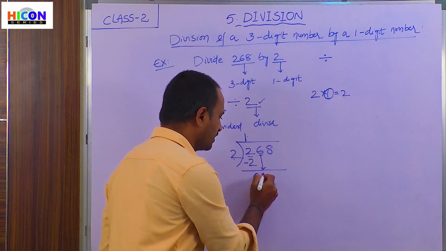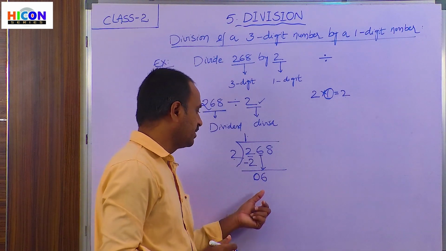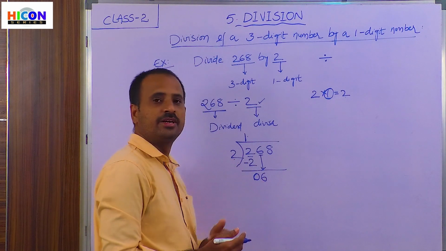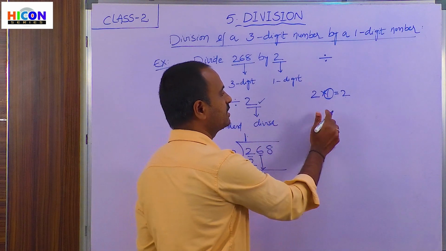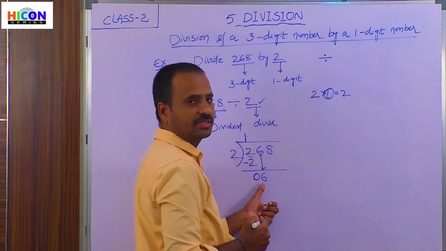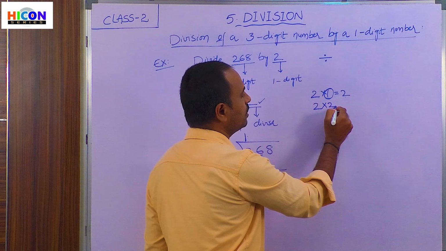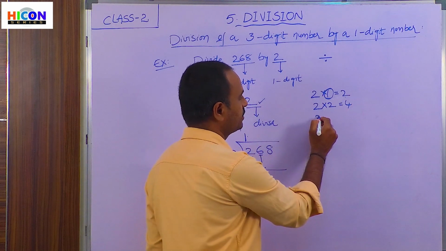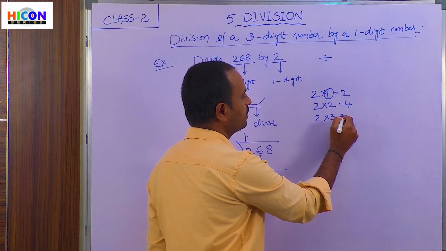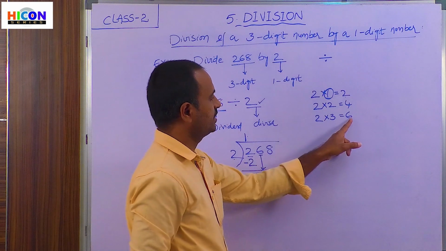So now bring down the second digit, that is 6. So now let us find when the number 6 comes in the second table. So again recall the second table, that is, continue the second table until we get the number 6. So here take 2 times, that is 2 twos are 4, and take 3 times, 2 threes are 6. Yes, now we have got the number 6 in the second table.